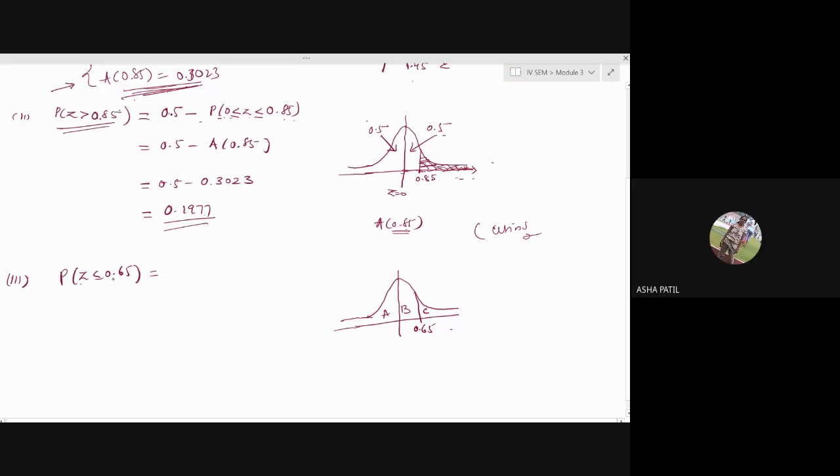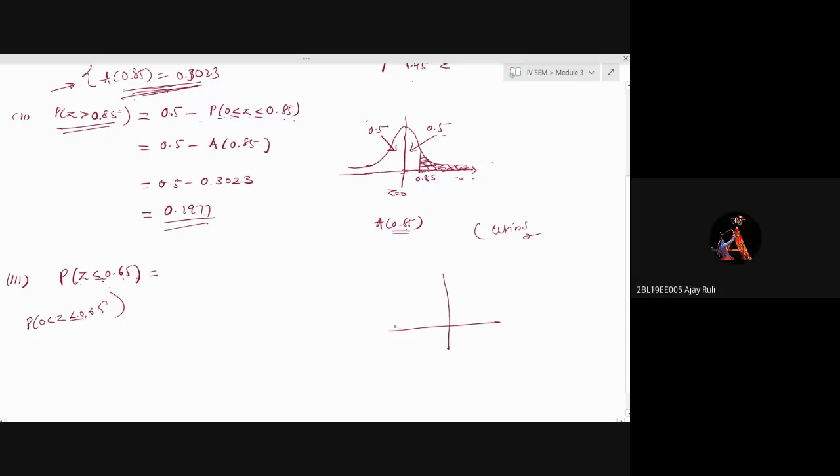Okay, Z is less than or equal to 0.65. It implies its value is totally less than or equal to. It is not mentioned as the probability that 0 less than Z less than or equal to 0.65 here. It is just less than. That means if it is 0 to, then you will take only this part. Now it is just less than, so you have to consider the left hand side of your normal curve totally. This all area is to be considered. Now what can we write for this? How to write it?